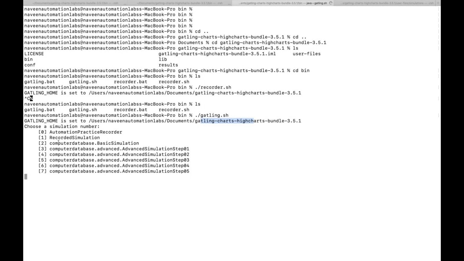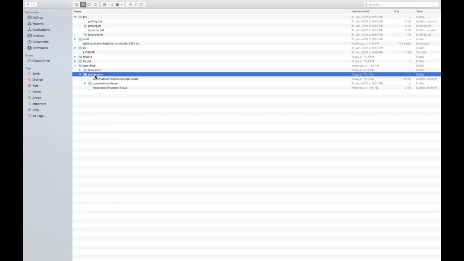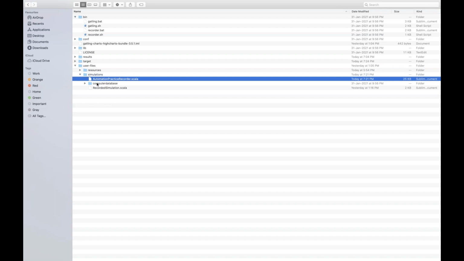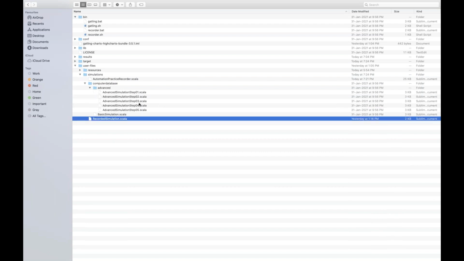See, these are the sample simulators that we have already seen in the previous video, and this is the simulator that we have created, automation practice recorder, which is available under my user files. Whatever simulators are available under your user files that you recently created, it will capture this recorded simulator, and all the simulators which are available over here, everything will be captured.